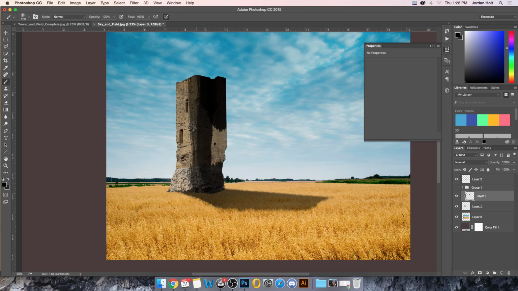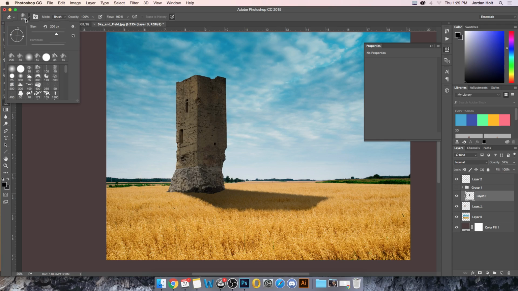And there would be some shadow on this side because I know that the object is turned just a little bit so that each part of it is facing away from the sun. But when I drop the opacity and then go in with an eraser,